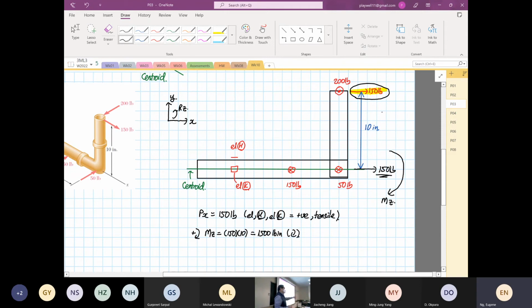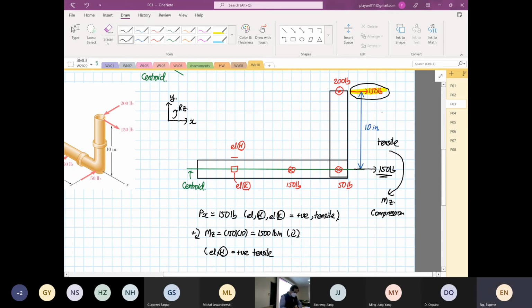So what did I teach you about the moment vector? Can you remember? The head of the moment vector will always be what? Compression. The tail end will always be what? Tensile. Okay? So when the moment is this, you can write this down, right? So you can say that element H is going to have what? Positive is going to be tensile,